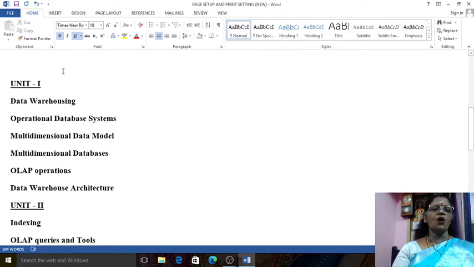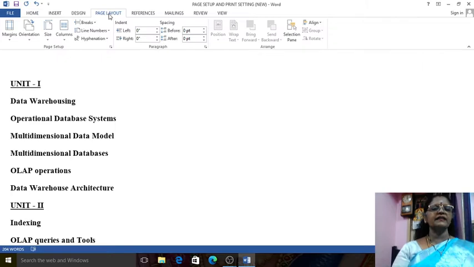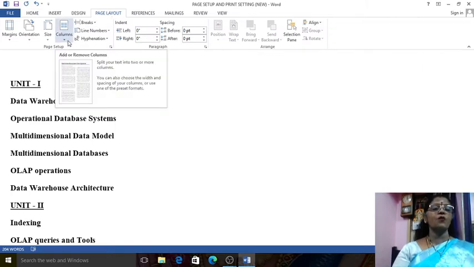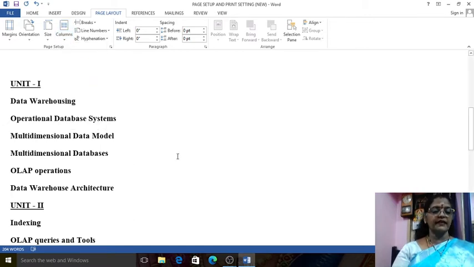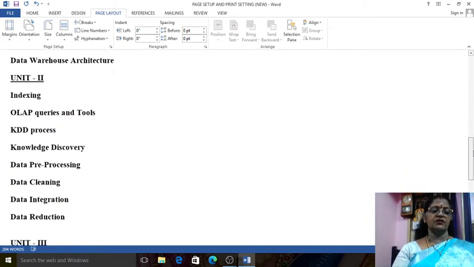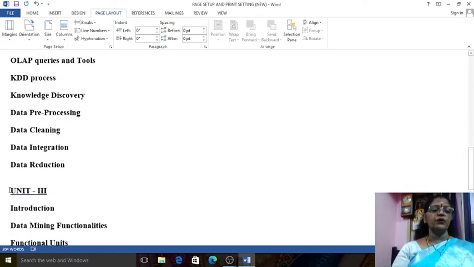using the column function. So first of all I go to the page layout. In this tab I can select the column function. In this column function I click this. See, there are a lot of column options available. So here I want to select one column or two columns or three columns. First of all what I want to do is set the cursor in that location. So that unit 3 comes to the second column. So that's why I put the cursor in that place.